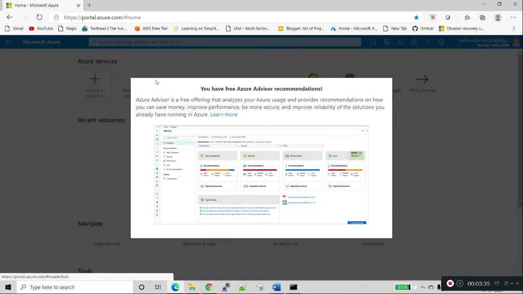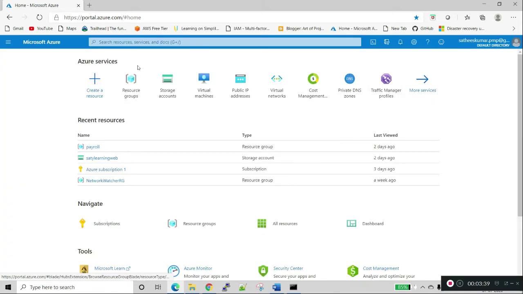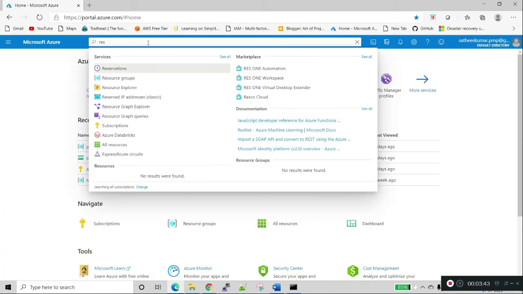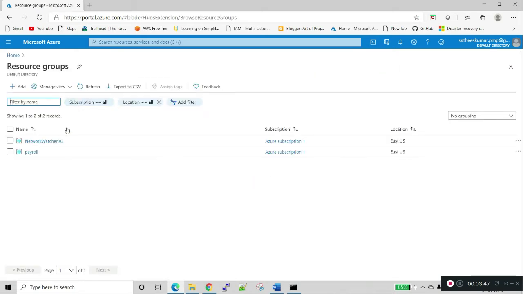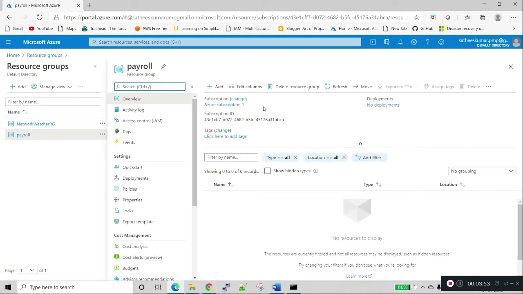I'm logging into Azure. We can type here resource group, and we can see the payroll resource group has been created. These are the properties.